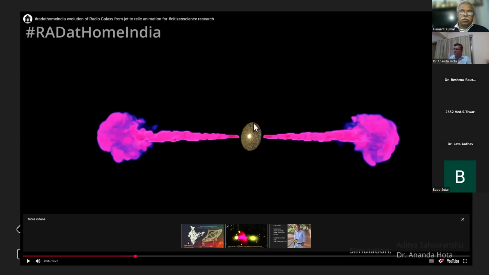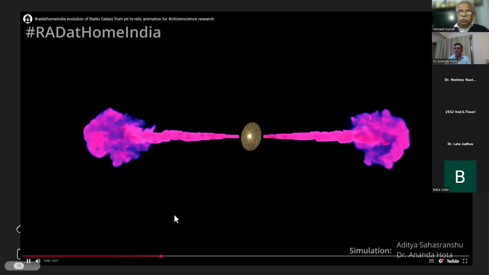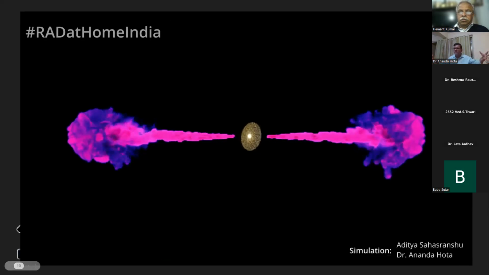There is a galaxy in the middle, the yellow circle that you see. This is an elliptical galaxy, and relativistic magnetized plasma, electrons and positrons or protons, are coming out of this galaxy's central black hole accretion system at a relativistic speed, 10% the speed of light. It goes far away from the galaxy itself, and it spreads into the cosmic intergalactic medium like a huge smoke bubble of plasma. When it is coming out, it is slowly diffusing into the intergalactic medium.